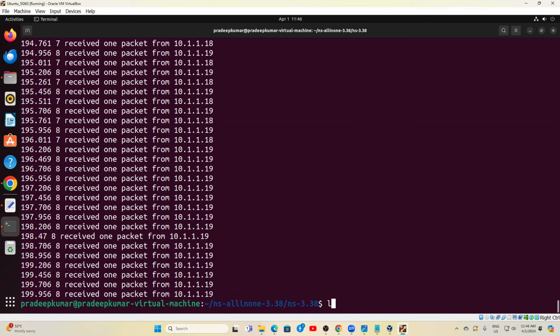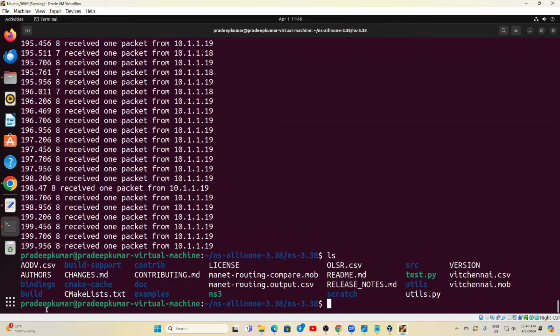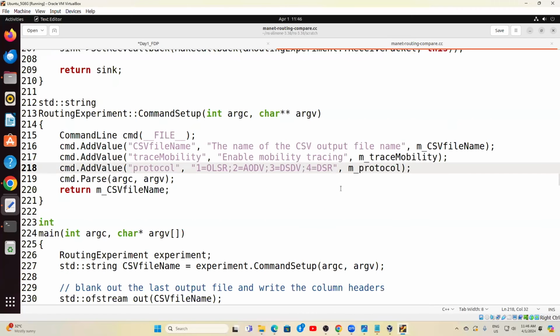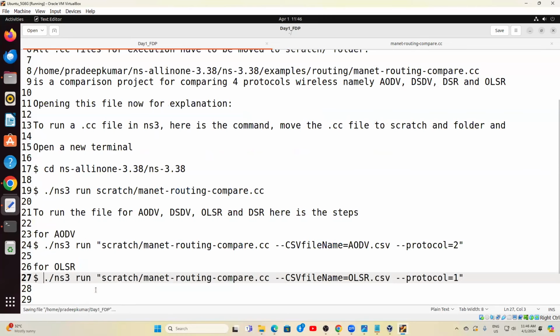Yes. See that I have another file, AODV.csv, and I have OLSR.csv. Can you see? Two files got generated: AODV, created the first time, and OLSR the second time. Now again I come back here. Now 3 is for DSDV, 4 for DSR. So now the same program, what I do is